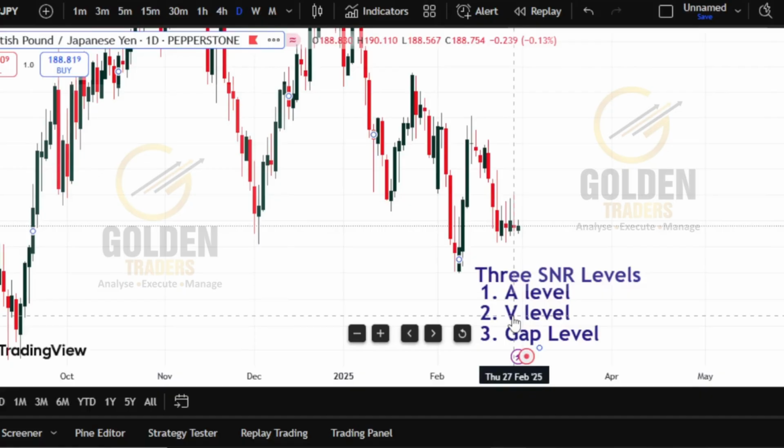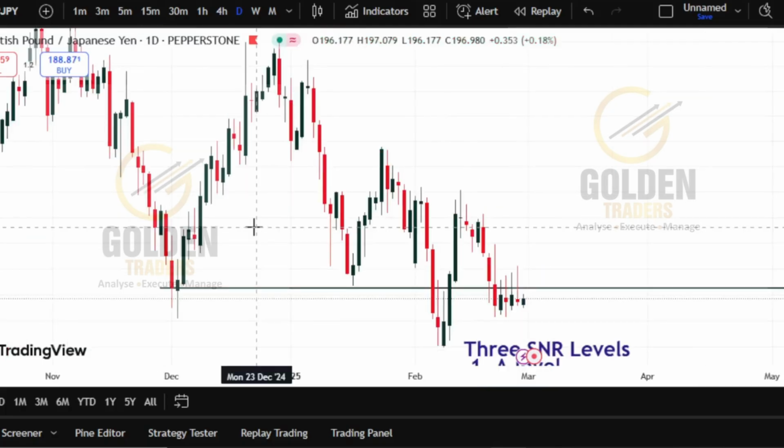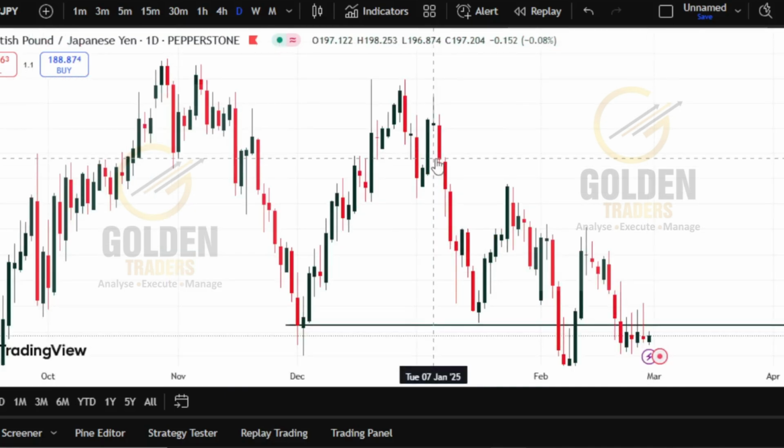Okay. And last is the gap level. The gap level is formed in between candles of the same color. The gap between candles of the same color. Take note of that: gap of the same color. Because one candle has to be up and the next candle has to be down. So both of them have to be like this, not side by side. So it has to be one up, one down. So the gap in between